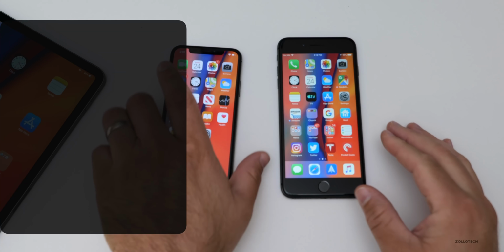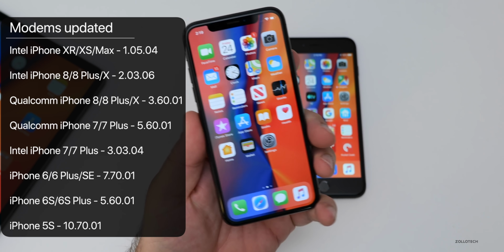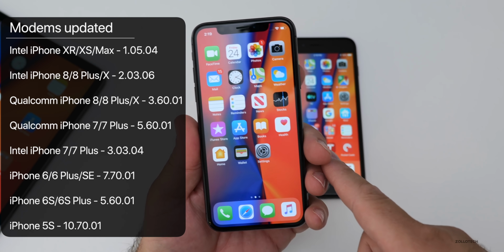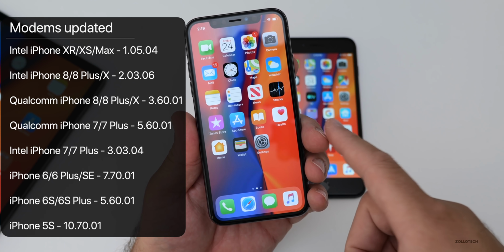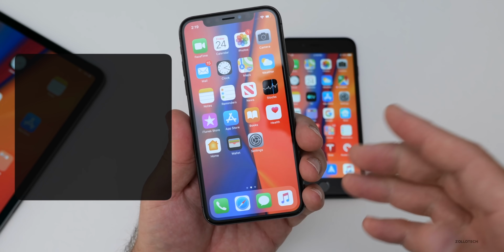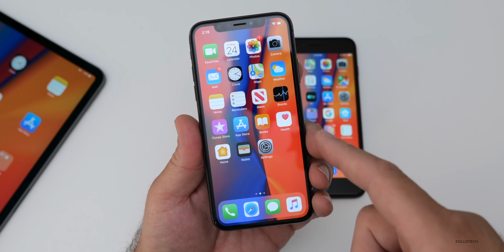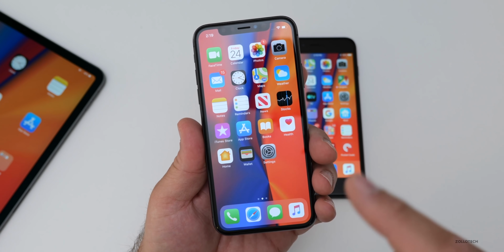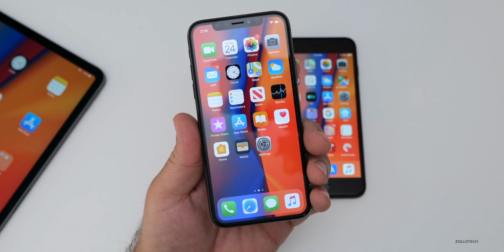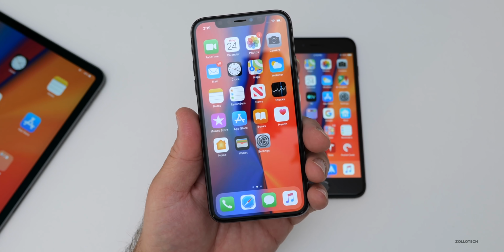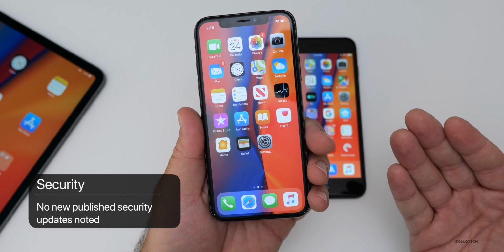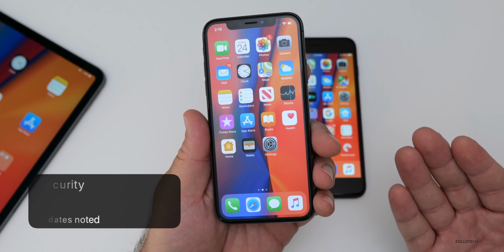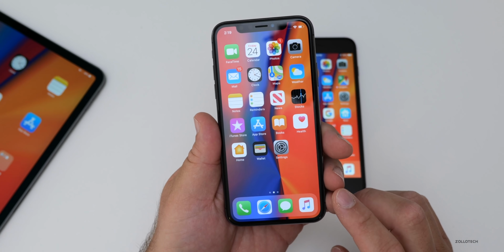However, there are modem updates to the devices. So hopefully there's some fixes to the newer phones, the 8 Plus, the 10, the 10S, and the 10S Max, and the 10R. There are some modem updates for all of those different devices, so they did increment them one. Hopefully it fixes issues with that. Now the other thing also is there's no new security updates. So they did publish a link to the security updates and then said there's no security updates. So there isn't anything that they've published anyway.